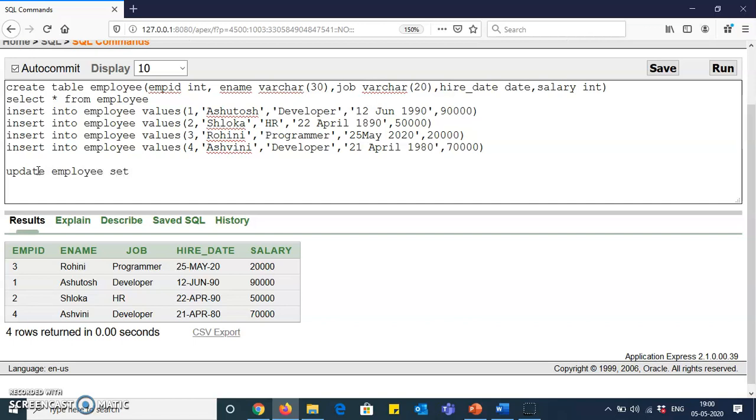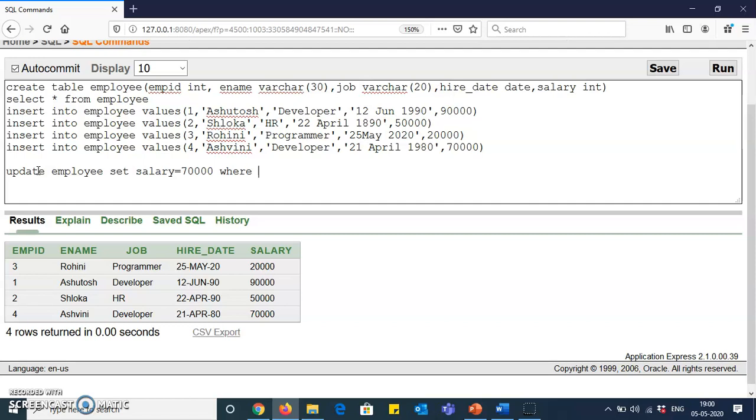I need to set the value of salary as 70,000, where I need to specify the condition because I need to update for Rohini. So what is the employee ID? You can select anything, whichever is unique.